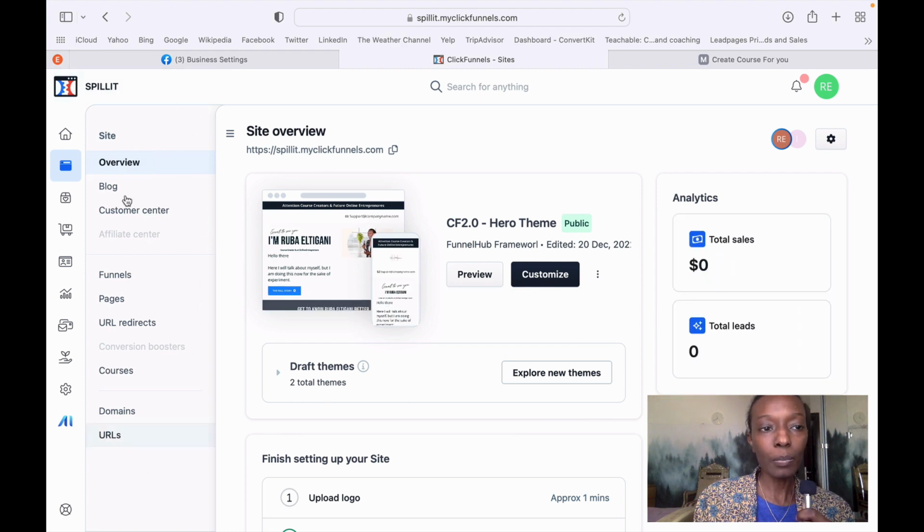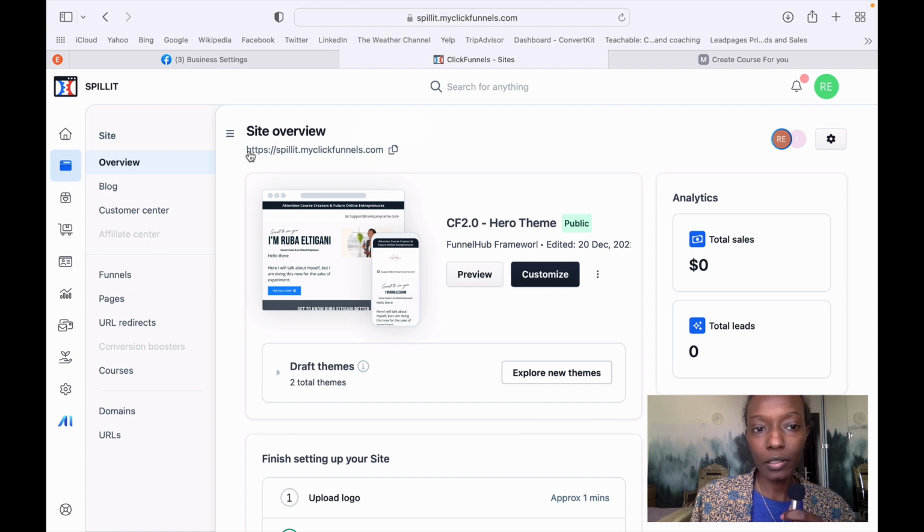And what's within the sub list? The interface changed. Once from the dashboard, we went here to the site and funnels. You can see that our first list menu changed into icons. And I think they did this because we needed more space. So from site and funnels, we have the second menu, which is part of site and funnels. We've got the site again. First one is always an overview. Now, what does this overview tell me? It tells me